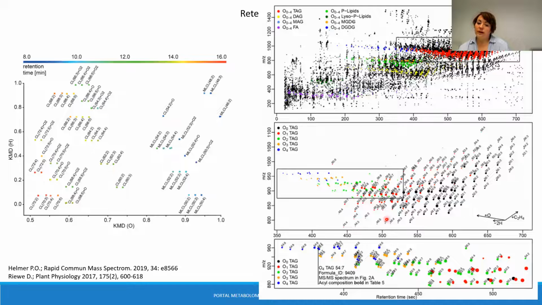In this way, we can either find outliers, so basically one particular lipid was wrongly annotated, and this is particularly useful if we are using some automated tools for our annotation, or we can even annotate some lipids if they are still unknowns based on their behavior on these plots. We can annotate them. So this is a very, very useful tool to visualize our data and to check if our